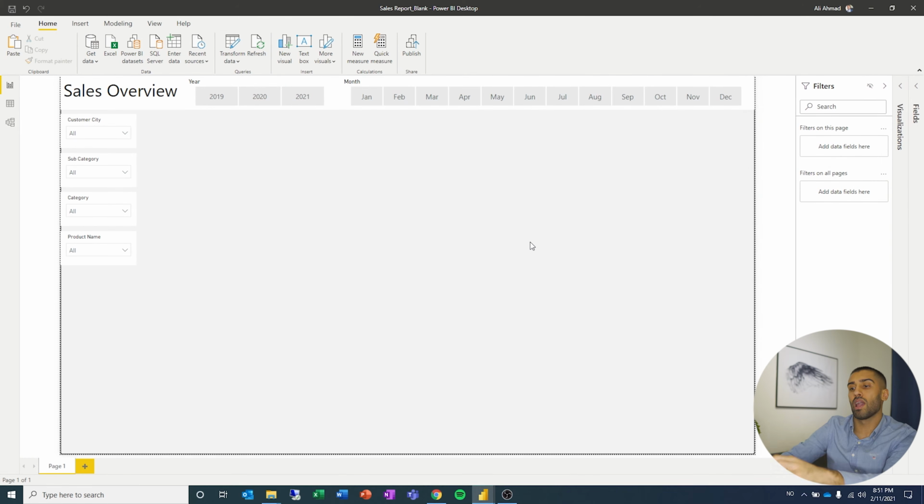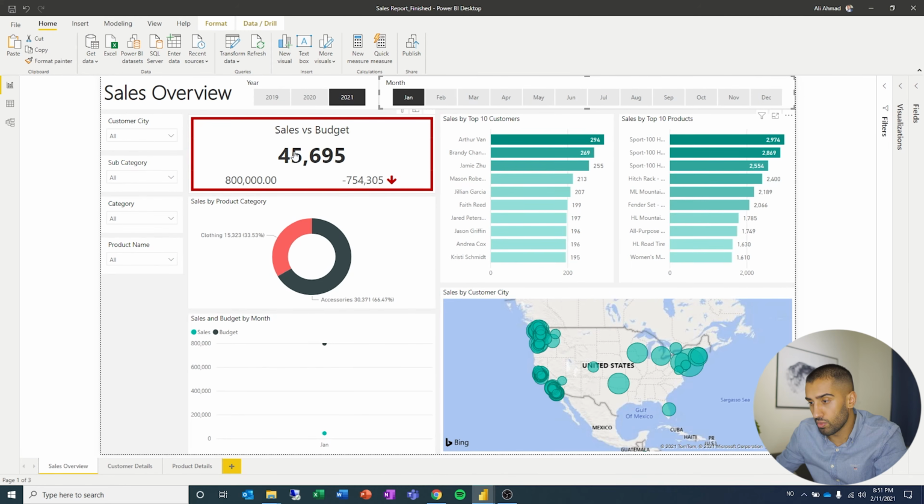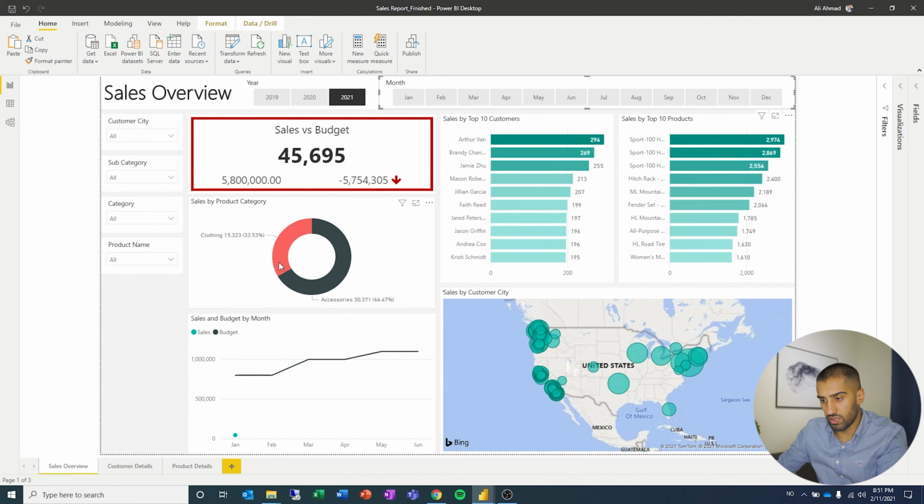So this is our skeleton. We have our time navigation on top. We have some filters on the left. Now we have to fill out the main part of the dashboard. So let's see. We have some bar charts on the right side. We have a map, pie chart, and a line chart. So let's start off with